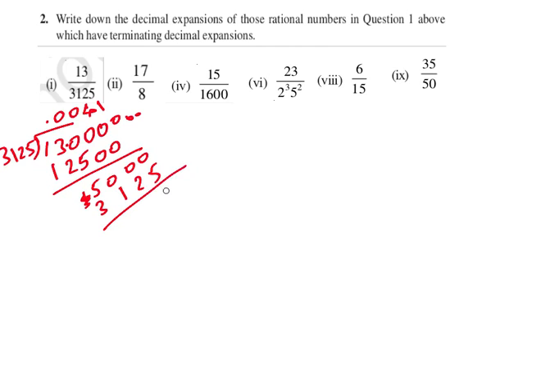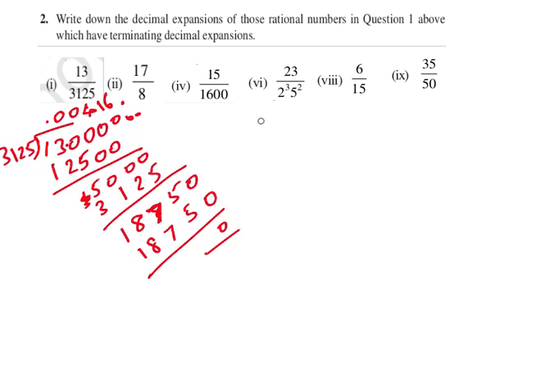3,125. If we subtract 5, 8, 7, 5, 7, 8. 4 minus 3 is 1,875. This is 1000, this is 3000. So we'll bring 1 0 down. So 18 and 3 we will take 6 times. So 6 5s are 30. 6 2s are 12 plus 3 is 15. 6 plus 1 is 7. 6 3s are 18. So it is going exactly. We got a terminating decimal expansion of this number.